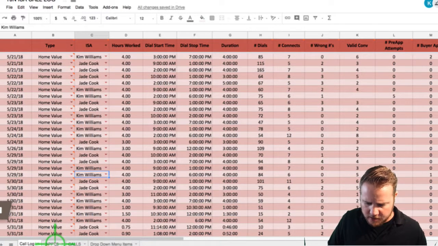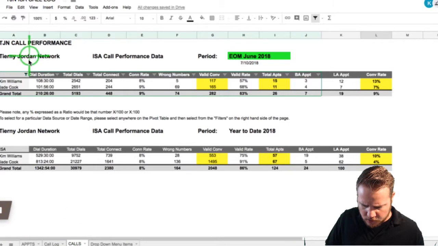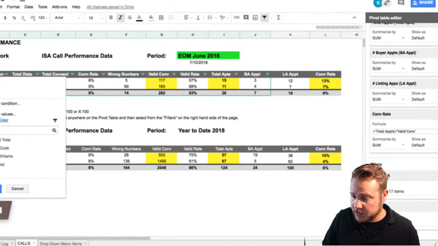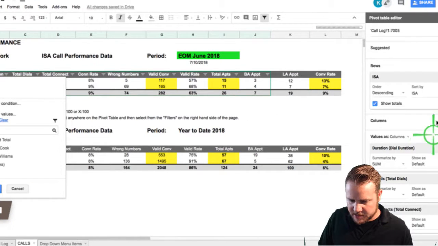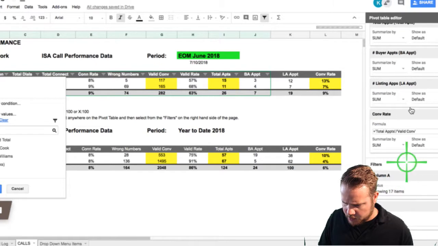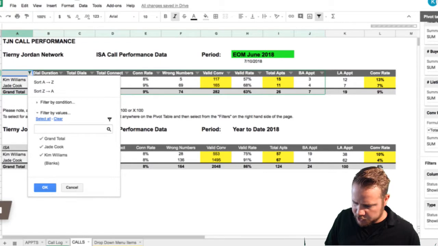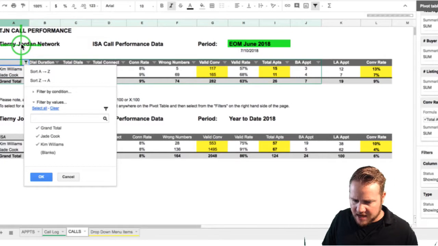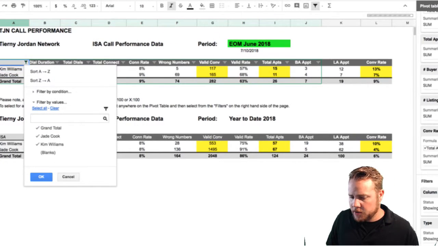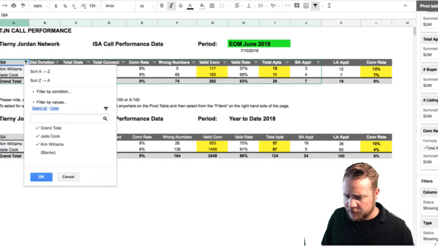Okay. Once again, I'm going to show you the pivot table before I click off of this sheet. So once again, click on this pivot table right here. It's going to pop up. And then you're going to be able to manipulate the data to see what you want to see. All right, it's pretty simple. You can tie this into a dashboard where these metrics will populate in cool pies, colors, graphs, whatever you need it to do. There's tons of